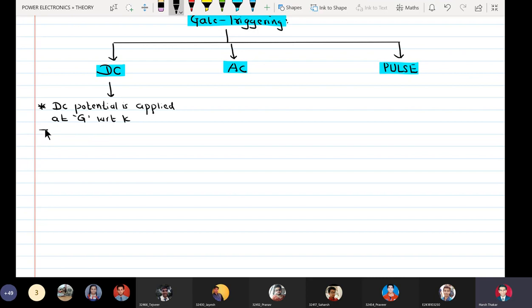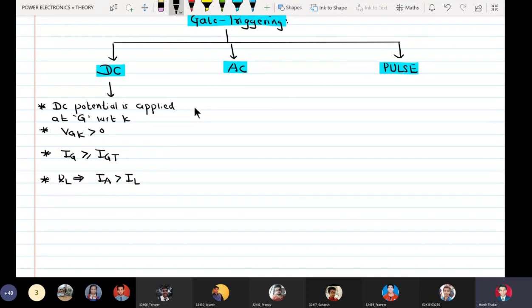Second, VGK is greater than 0, that is positive. Third, the gate current has to be kept greater than gate threshold current. And fourth, the value of the load resistor should be such that it ensures that the device current IA is greater than IL.